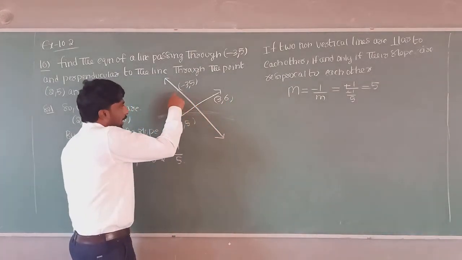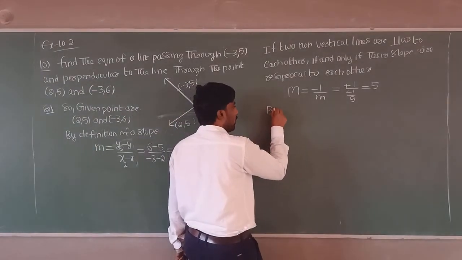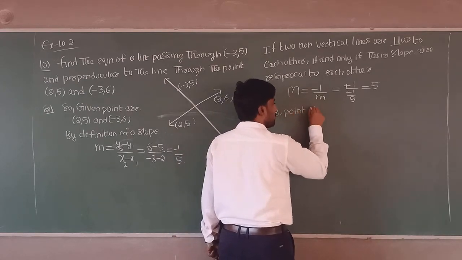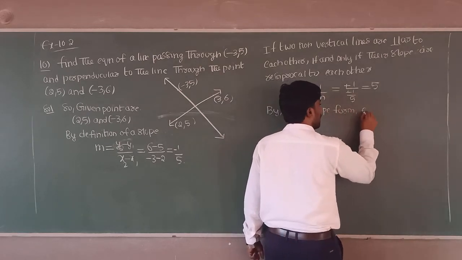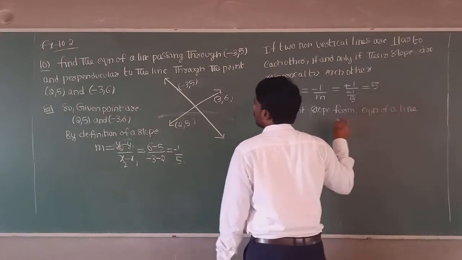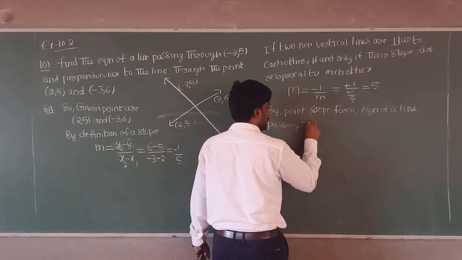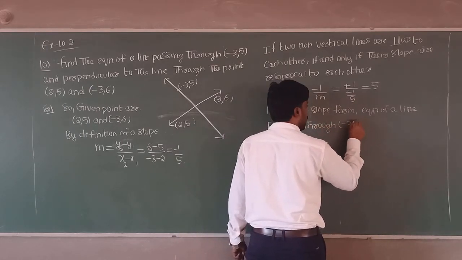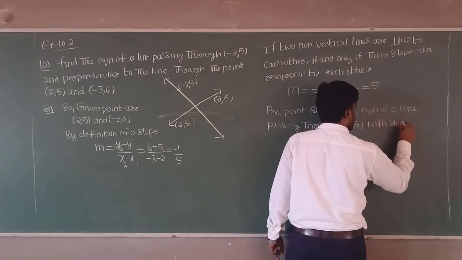Now you see here, I know the slope of this line is 5 and this is passing through the point, so by using point slope form, the equation of a line passing through -3, 5 with the slope 5 is,